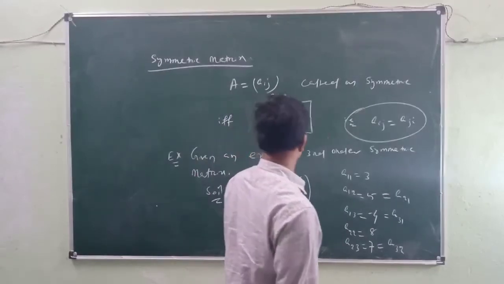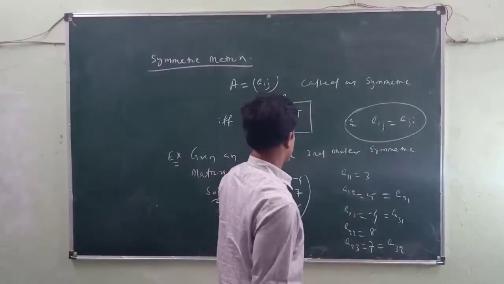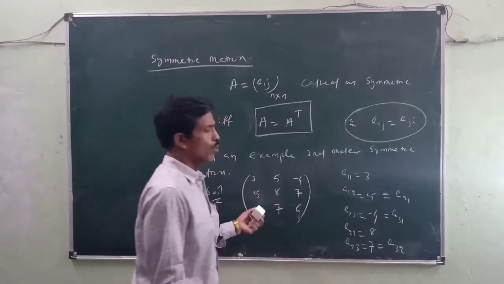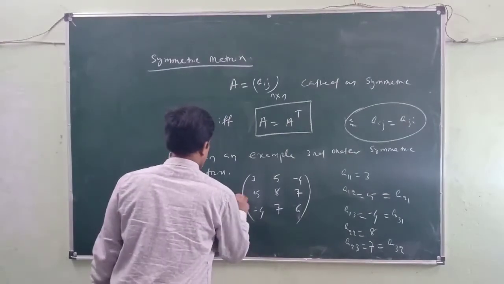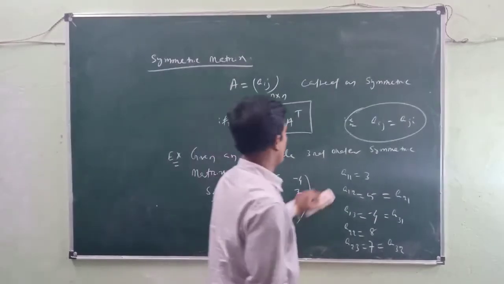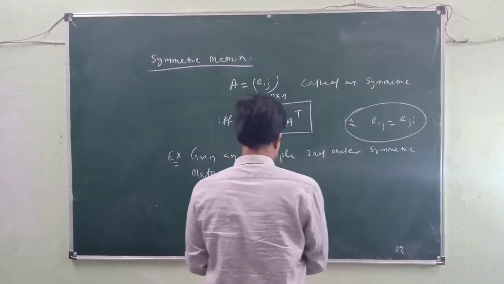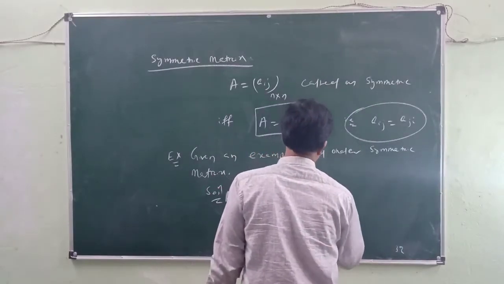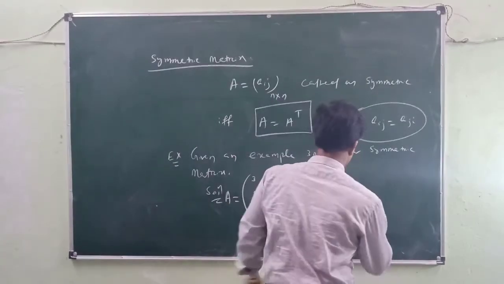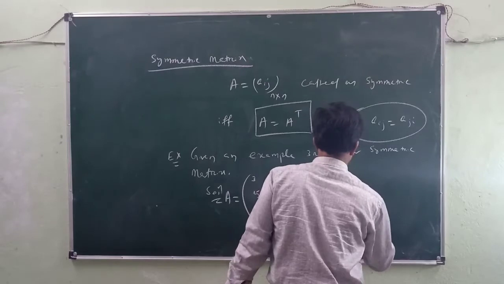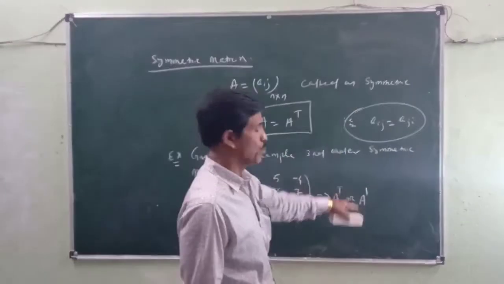Okay, a different value, I write this as 6. Then look whether it will be symmetric or not. If that matrix equals A transpose, now look what is the value of A transpose. We know that the transpose is denoted by A to the power T, or some books write it as A dash. That means the transpose of A.